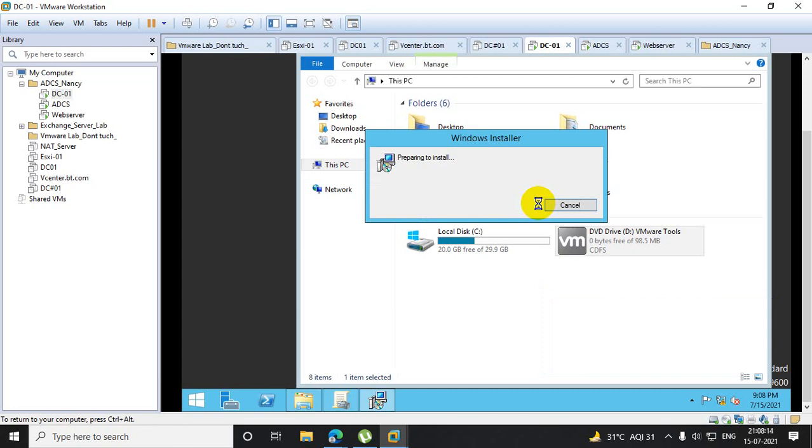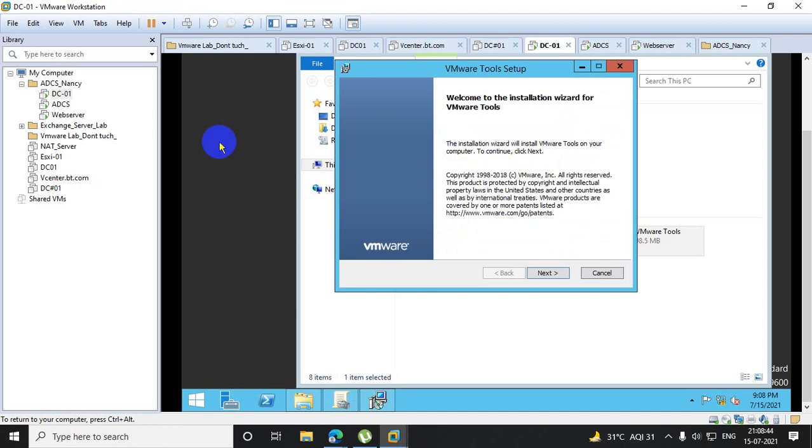What is the use of this VMware tool, Siddharth? As you are working here in a testing environment on VMware, until and unless you install this VMware tool, your computer won't work properly. It's just like the motherboard CD. When you purchase a new laptop, Windows 10 is a very advanced operating system, but earlier in Windows 7 you had to install the drivers to get WLAN, network, and graphics card.